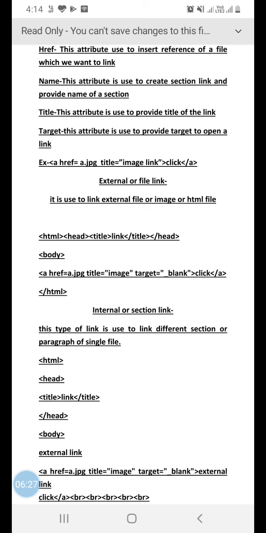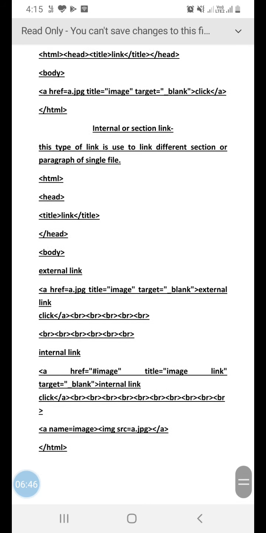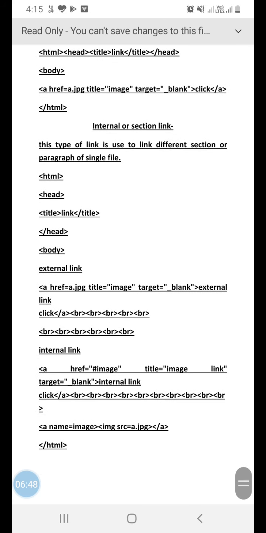First it uses the anchor tag with hyperreference and next it uses the anchor tag with the name attribute. The hyperreference contains a hash symbol with the section name, which shows that this link is an internal link, and the section name is user defined, which we can initiate in a web page by the anchor tag with the name attribute.